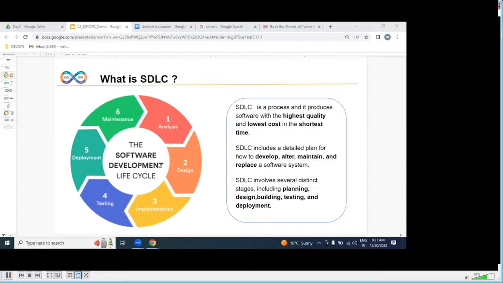If you want to make a movie, actors, heroes, editors are required, and so many of the 24 crafts. Here the actors are developers, but the director is the DevOps engineer. Understood? Very simple.